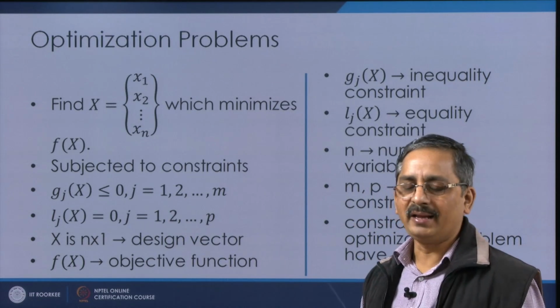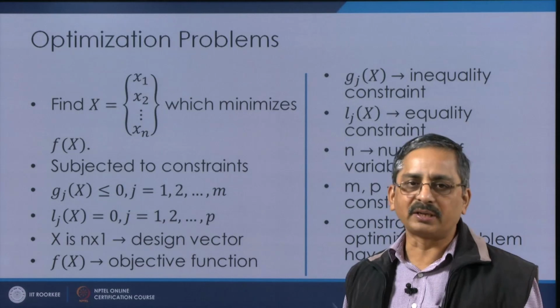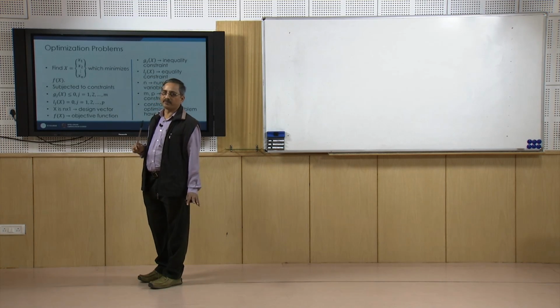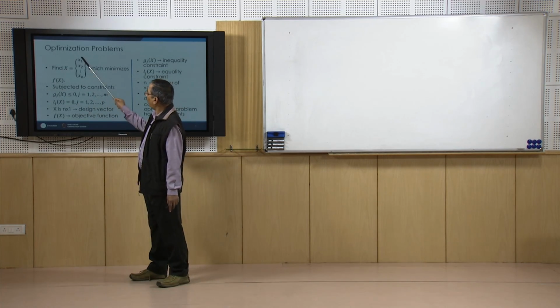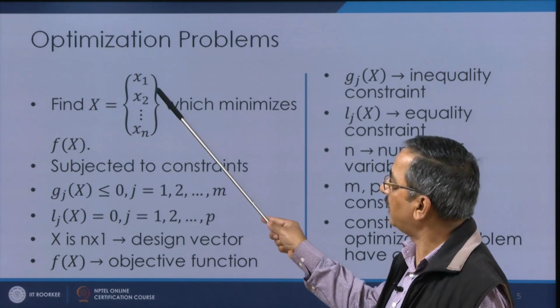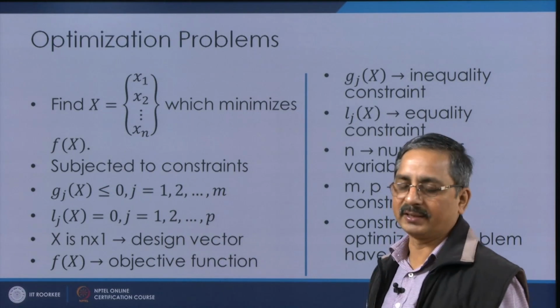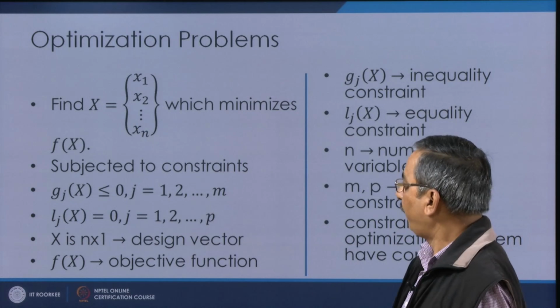As I said, a maximization problem can also be converted into a minimization problem. So we will be talking about only the minimization problem. It is finding these n number of variables, x1 to xn, which minimize f(x). So this is the optimization problem. Of course,